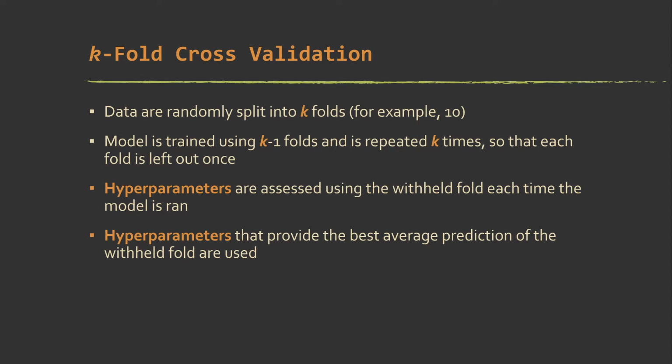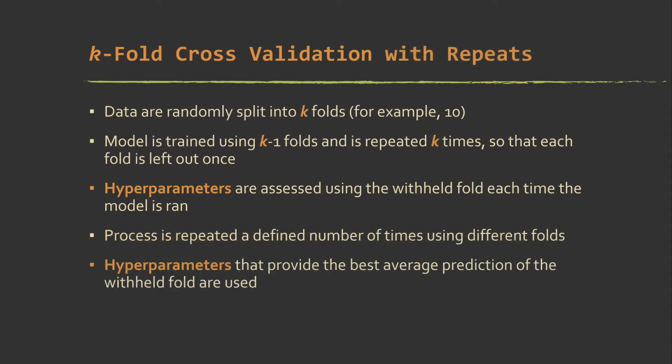So again, just really quickly, you have all your samples, you separate them into k non-overlapping partitions, then you train the model on k-1 of the partitions, so hold out one of the folds, run it, validate it, run again with another fold held out, and you continue until all the folds have been held out, and then you average the results for each hyperparameter set, and the best performance is the hyperparameters that you choose.